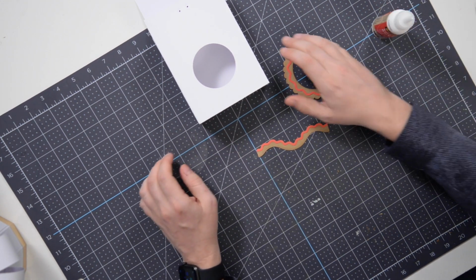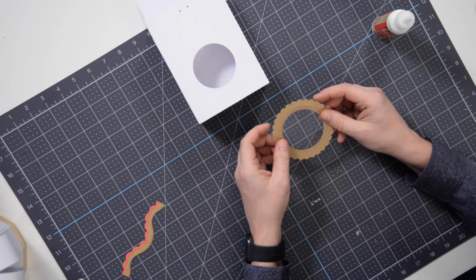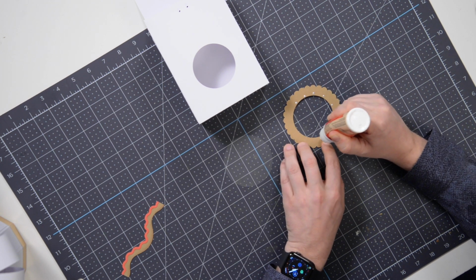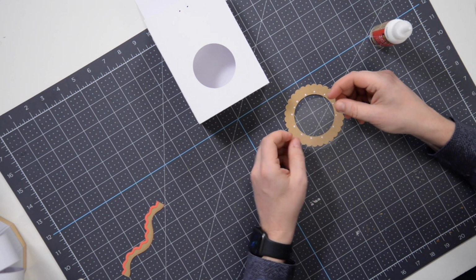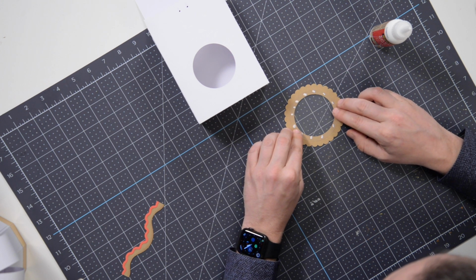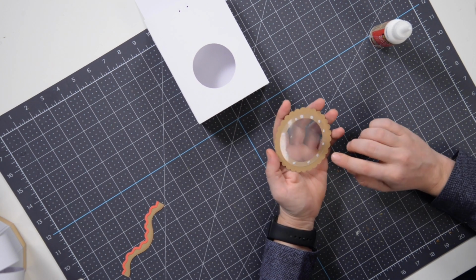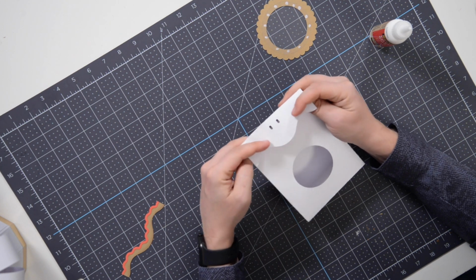And then we have a little piece of acetate so you can see through the little box. So what I'm going to do is I'm just going to put some dots along the inner circle of our little piece here and get that glued into place. Just get it centered as best as you can, like so. Press that down. You just don't want any of that glue seeping through the front. Okay, might give that actually a few seconds to dry while we put this little